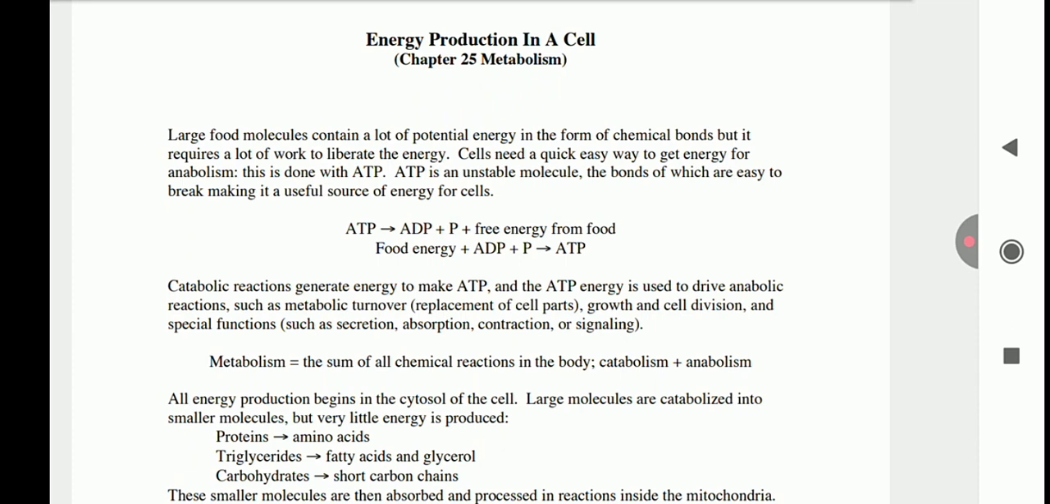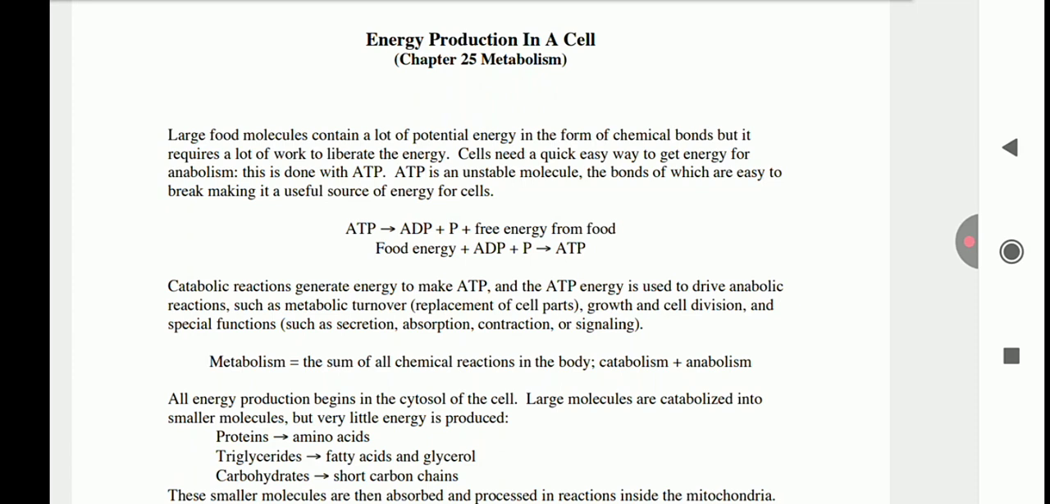for cells. ATP → ADP + P + free energy from food. Food energy + ADP + P → ATP. Catabolic reaction generates energy to make ATP, and the ATP energy is used to drive anabolic reactions such as